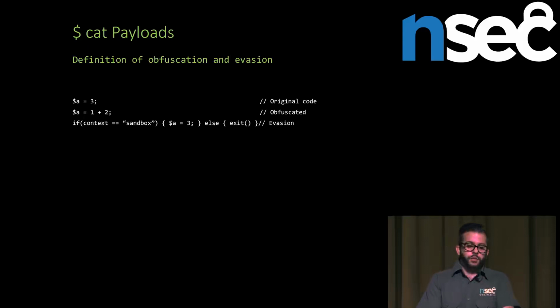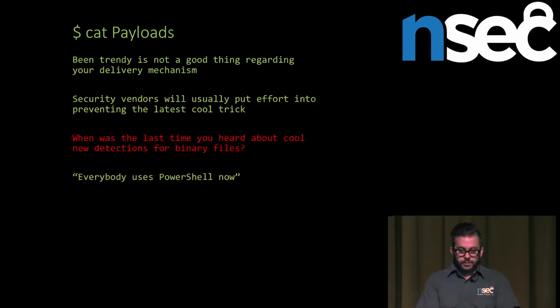That's the idea. If you're doing evasion, you're going to use specific conditions to actually behave differently. So in this case, let's say if context equals sandbox, so we're fingerprinting the sandbox in a certain way. Okay, fine, you can do 3. If it's not the case, just exit. So in this case, the code is never going to run, and most sandboxes will say, yeah, your code is fine, we didn't detect anything suspicious.